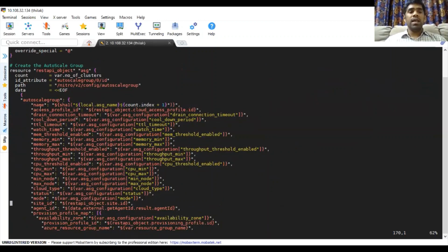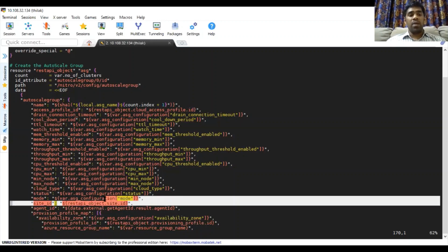You can see that we are passing the access profile ID and some of the autoscale group parameters like TTL timeout, cooldown period, drain connection timeout, watch time, how long for any change on the autoscale group, how long it should be watched before making any change, like minimum nodes that could get deployed and maximum nodes, the capacity of the maximum nodes, CPU capacity, CPU threshold value.